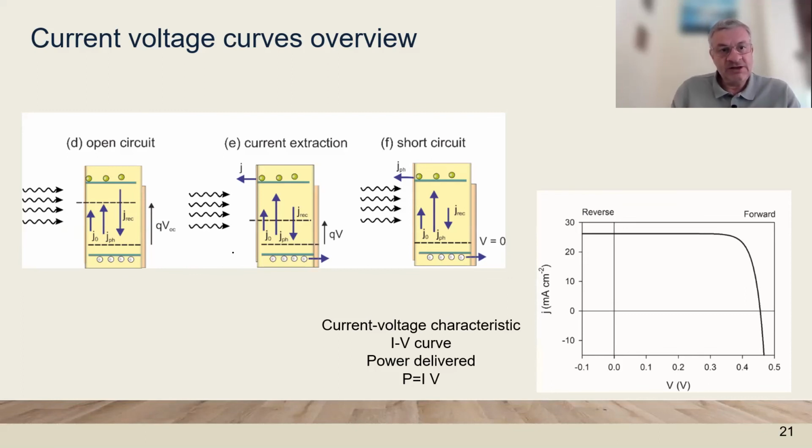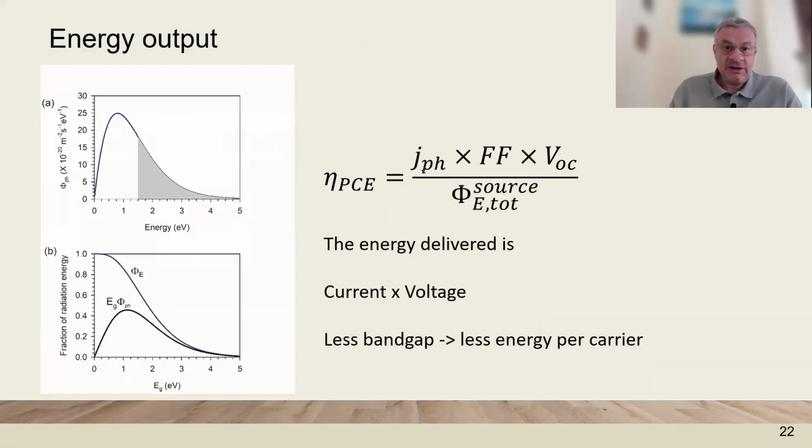Voltage can be regulated by the external load, and we can move from VOC to intermediate value where there is charge extraction at a certain voltage, and finally to short circuit where voltage is 0. And having obtained the efficiency, we now can make arguments to see the